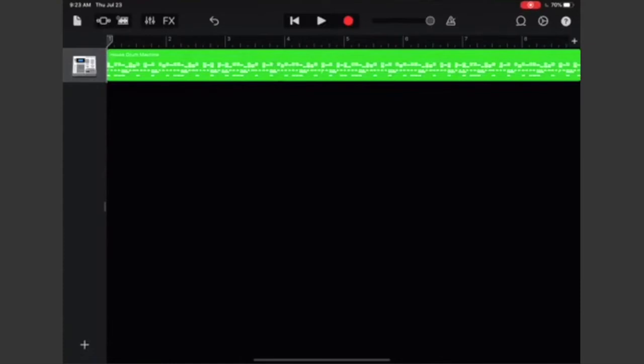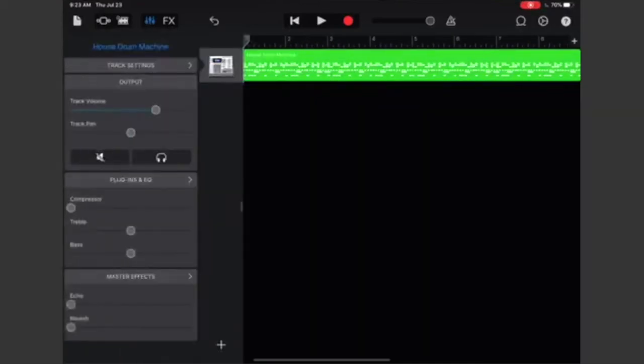Everybody okay? All right. What you can do now, I want to show you this menu at the top. Again, you've got your dog ear, takes you to your projects. Then you've got tracks. It looks like a drum now. That's where we are now, the layers. Then we have these levels. We can go in and adjust the treble, the bass, the echo, the reverb, track volume, whatever you need.